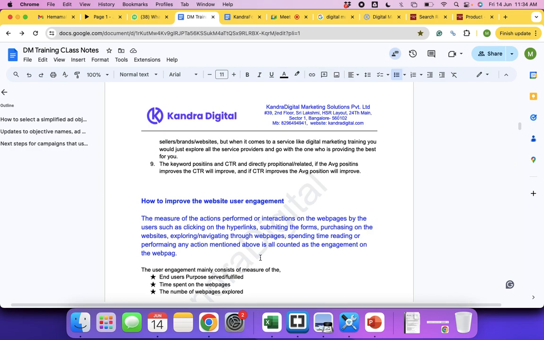And user experience is something that you experience on the web page while you navigate or while you are exploring to fulfill your purpose. See, for example, you have visited a website to purchase a pair of shoes, but then you are unable to find an option to add the product to the cart. You are unable to make the payment on the web page, it's showing an error always. Or the page keeps loading forever.